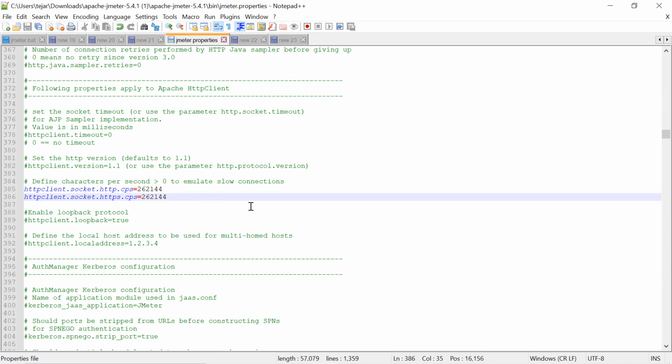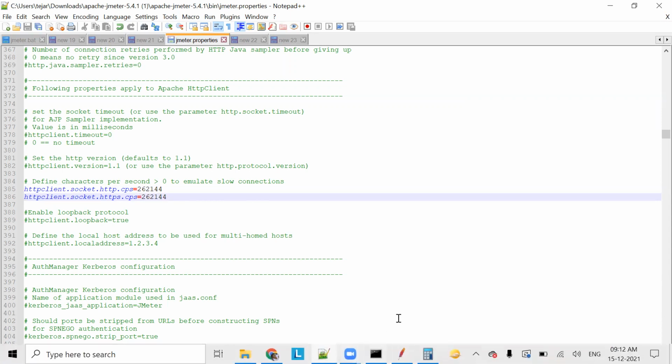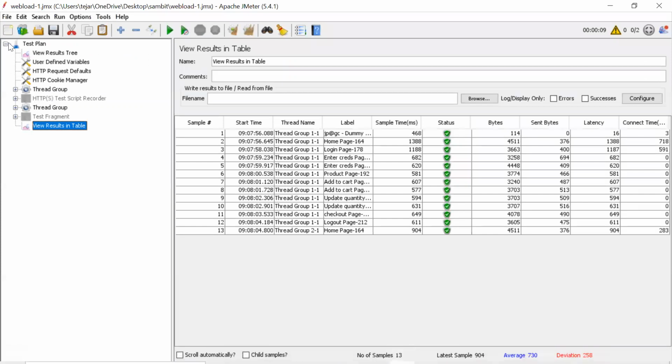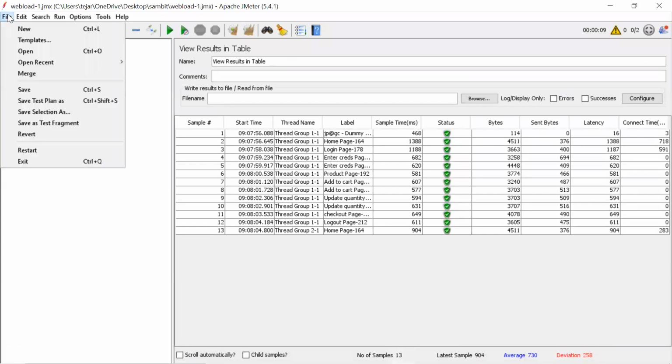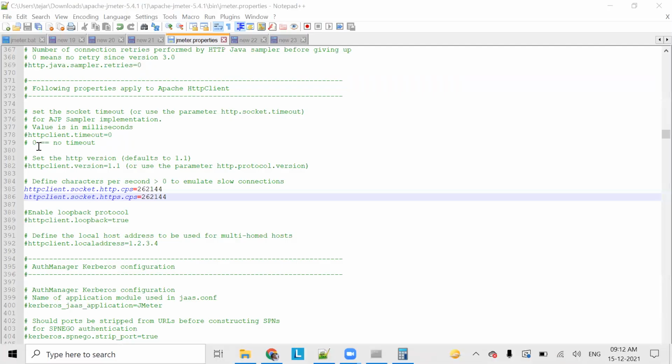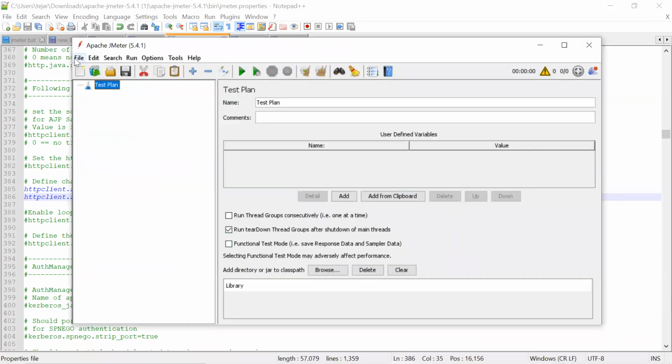So whenever you make any change to the property file, we simply restart JMeter so that the new changes take effect. Now we'll run the same test again and we'll see.